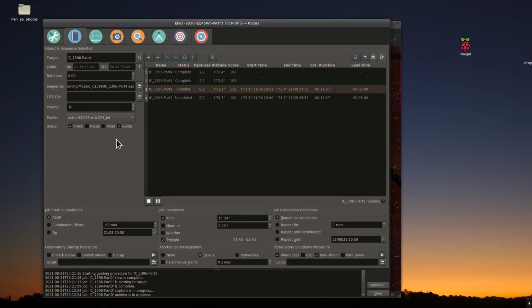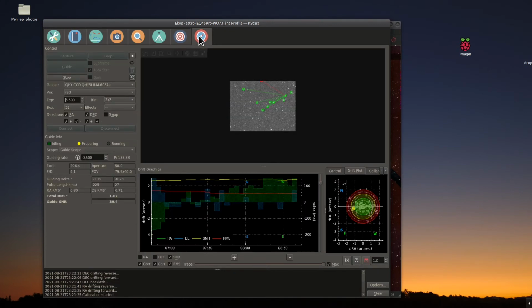It knows how far to move the mount, and it did the initial alignment, so maybe I don't need to be so worried about that. It seems to be working fine, so it's recalibrating again for the next image